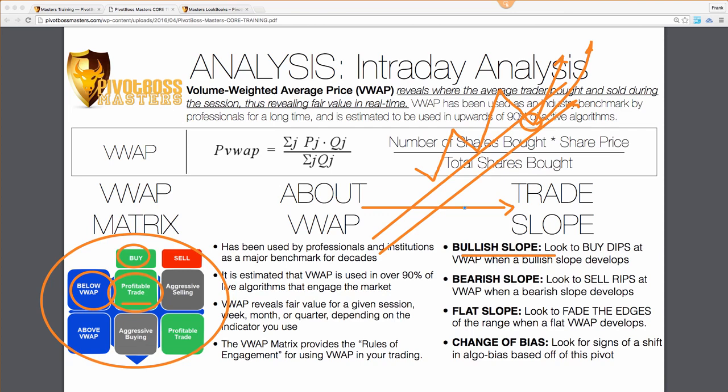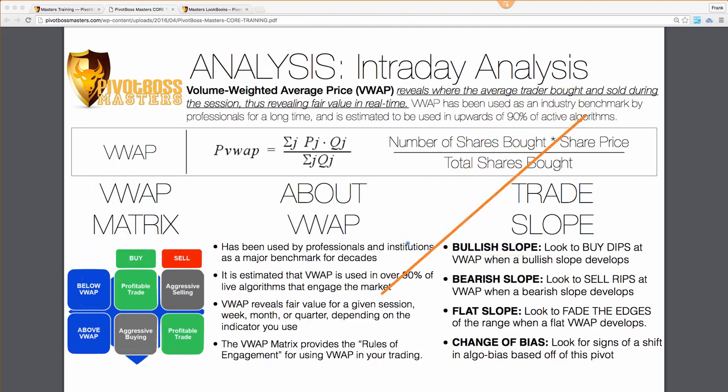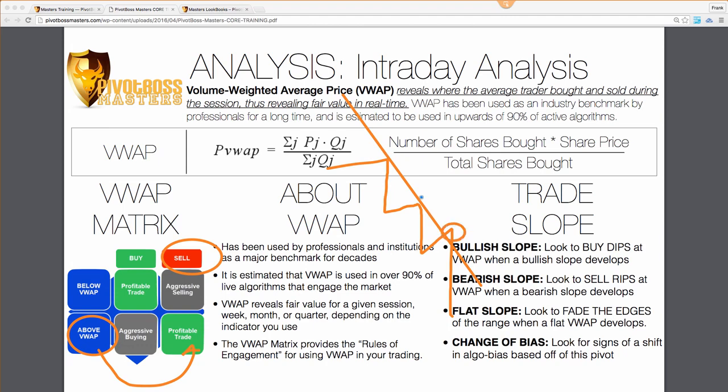Now it says here, sell above VWAP, right? So if you're in an uptrending market and prices like this, then you'd be looking to sell up here above value and bring it back to value, right? So that's where you have the sell above value, gets you a profitable trade. On the flip side, if you're trending down, and here's a little move right there, so you're looking to sell above VWAP again, right? In a downtrending market, that's here, here, here.